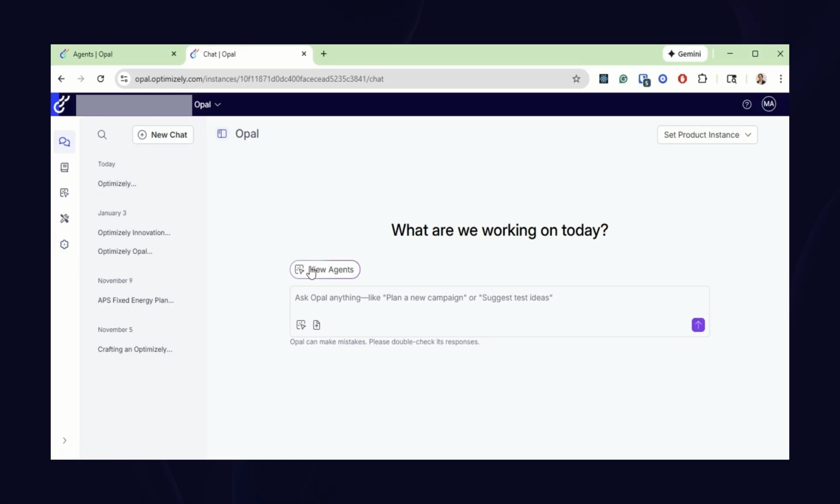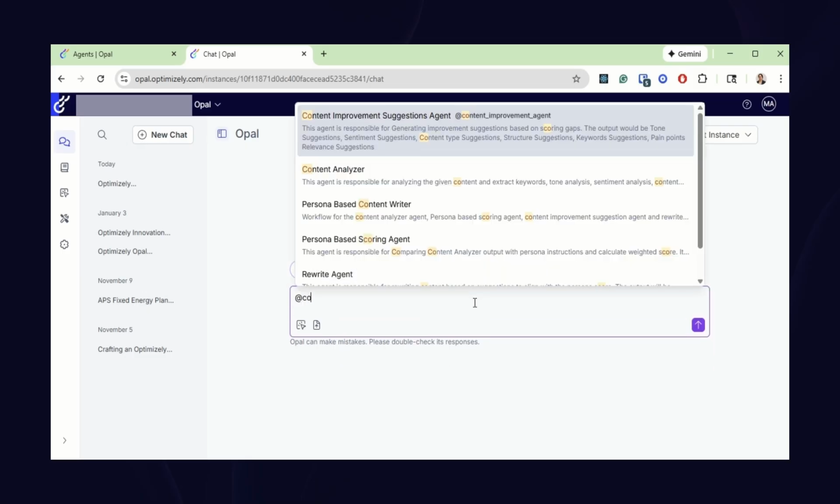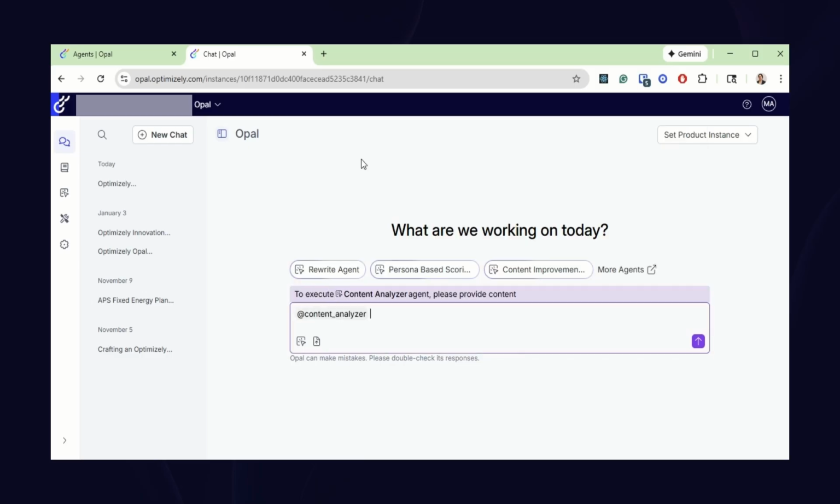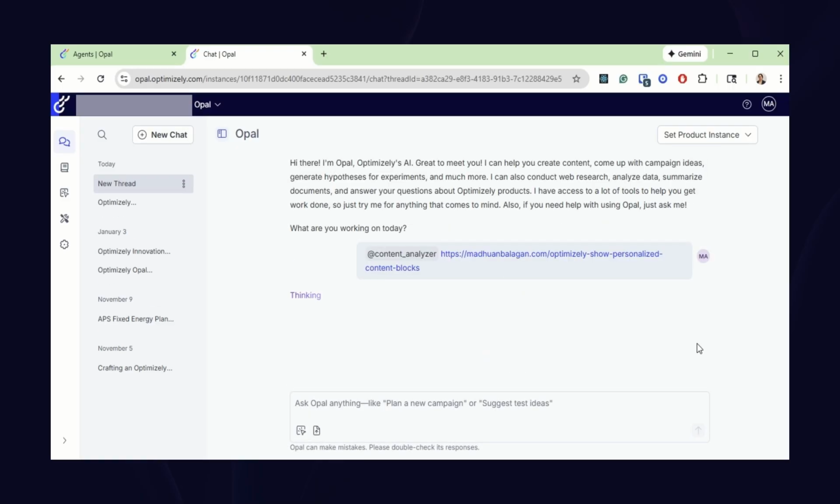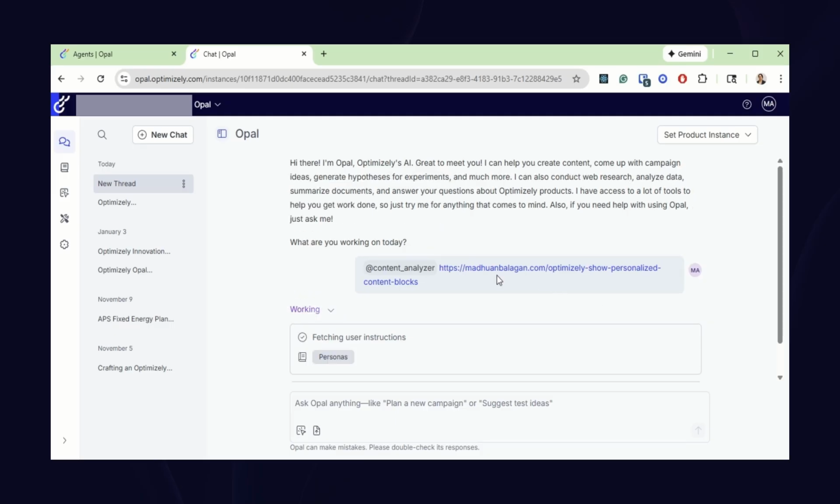So basically, here I'm in the chat, and we have so many agents available, but I would like to go for a simple agent, the content analyzer. It can analyze and give us the tone, the score, and everything. So here is a blog where I have the Optimizely personalized content blogs. Let's ask it to analyze my blog content. Either we can copy paste the blog content, or we can give the URL as well,